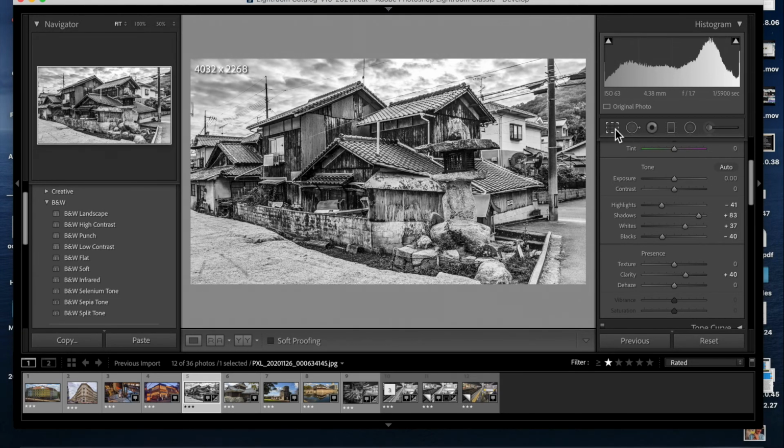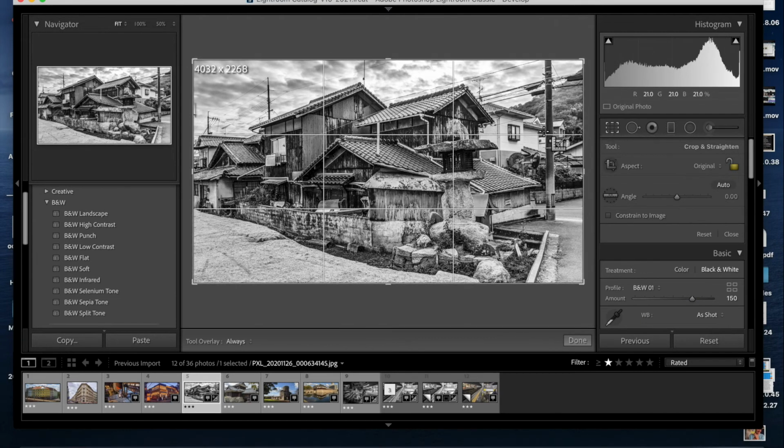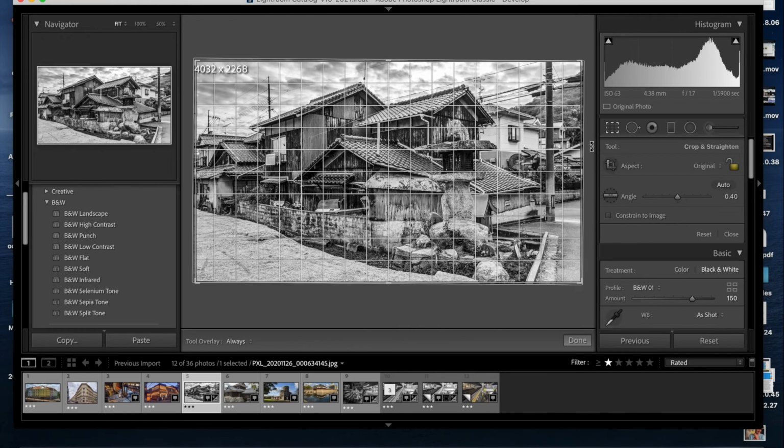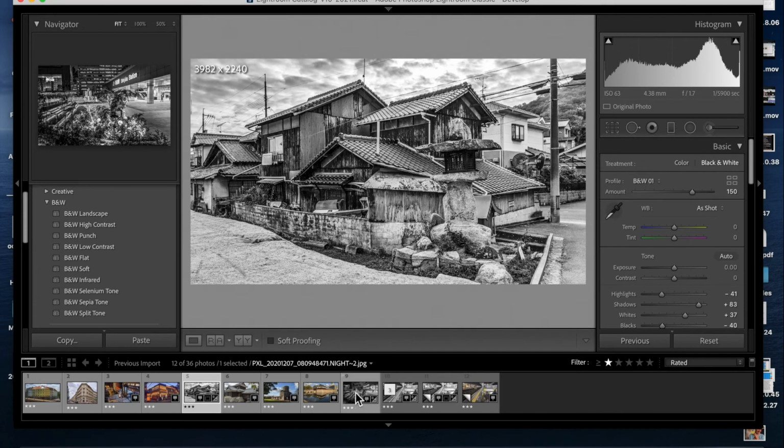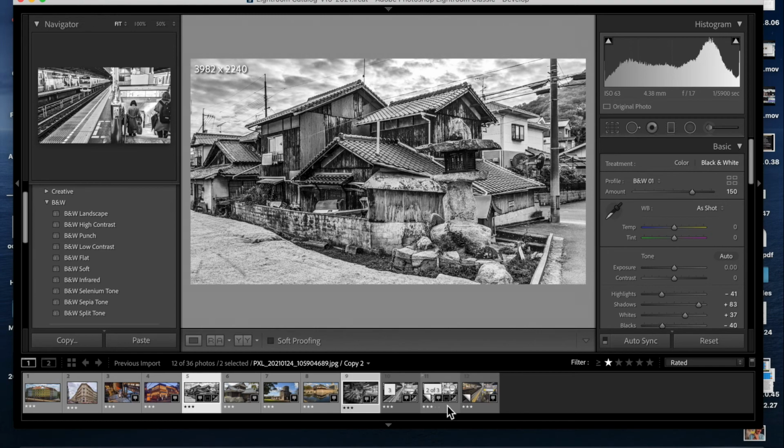Okay, and again, check the grid. This is just about vertical where it needs to be. All right, that looks pretty good. It might just be 1 degree. It might be a half a degree. It's not always much. So I'm going to take this one and this one and this one